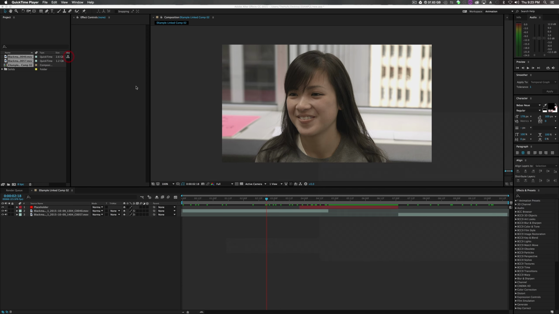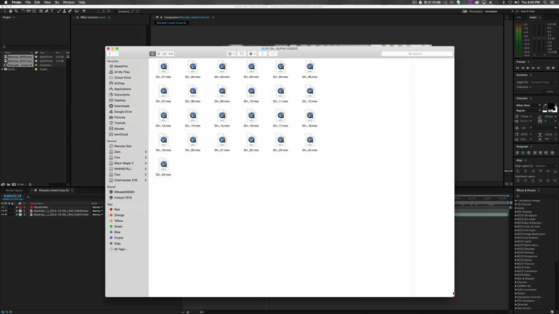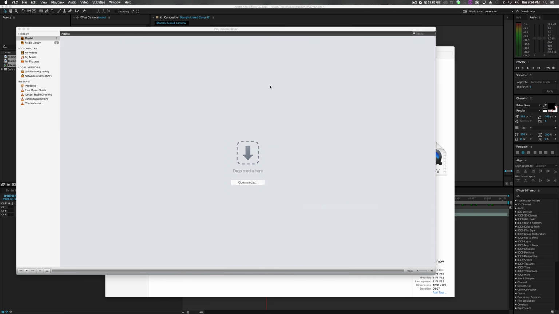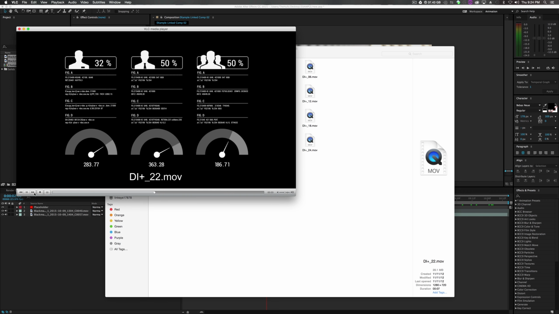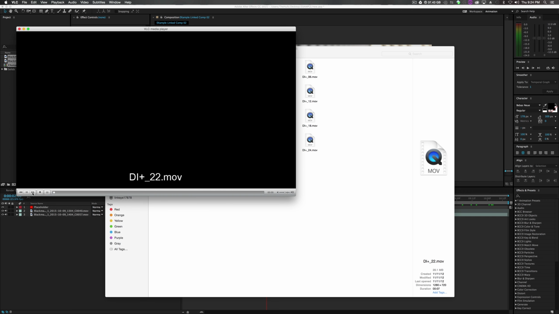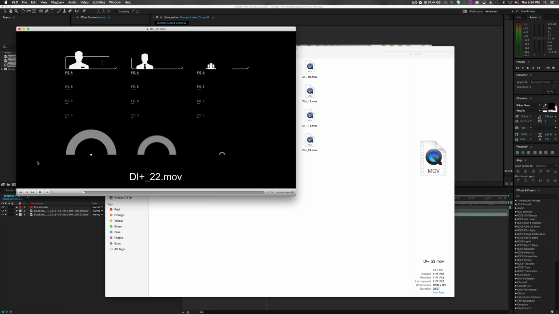So basically what I downloaded was a series of alpha channel videos, which an alpha channel is a transparent video of HUD animations. So basically, we can open this up and take a look at it. One of these HUD animations. Just stuff like this. You can see that it's just transparent animation, no background, that I can drag and drop onto my sequences